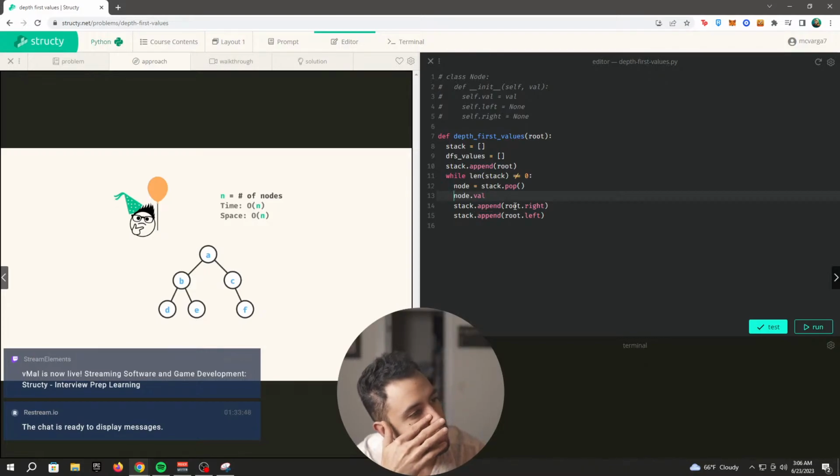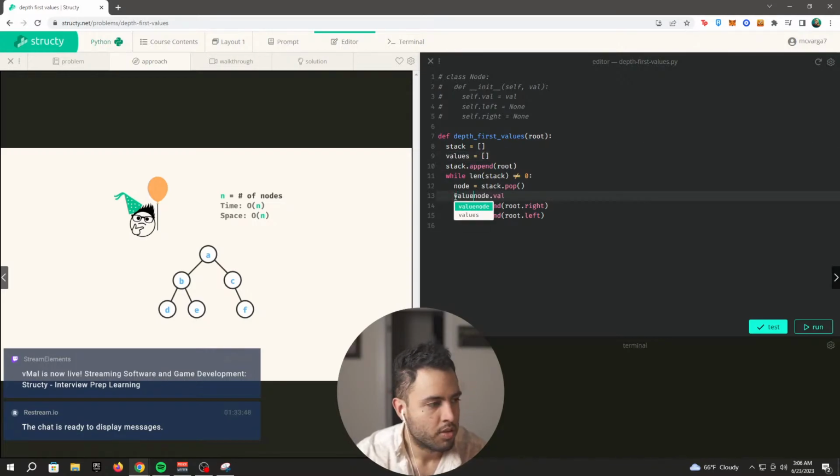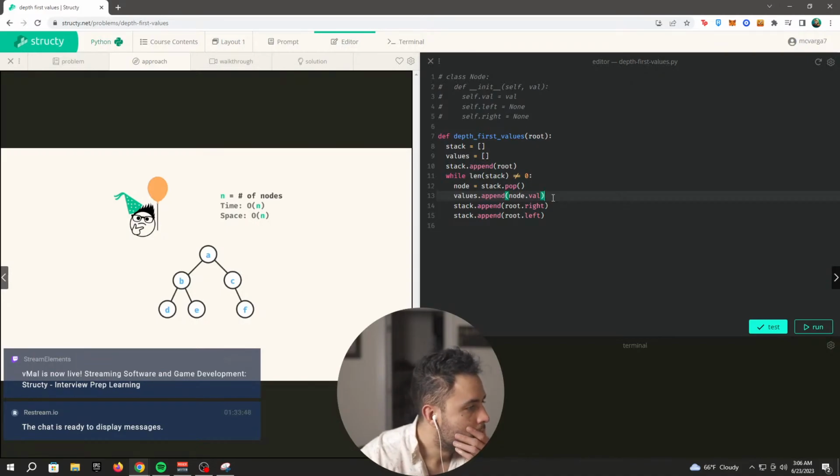So we have the node, and we want to append to the values. Values dot append node dot val. We append the value, and then the next thing we want to do is